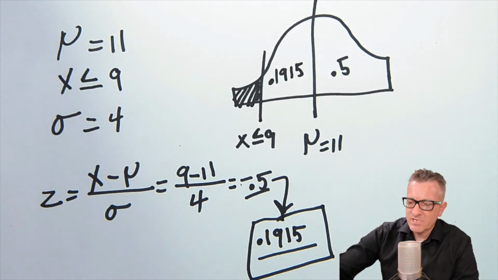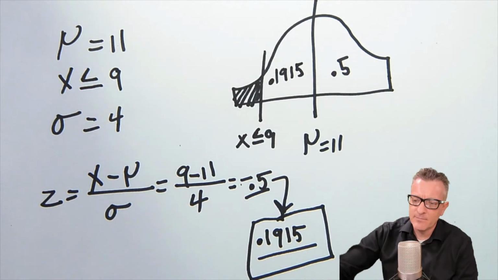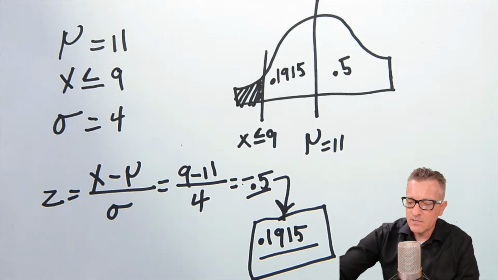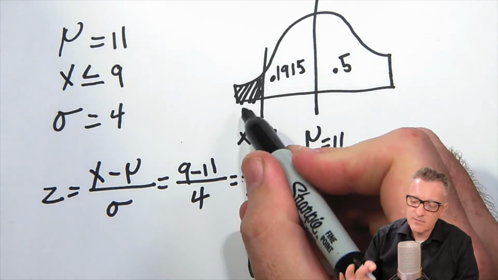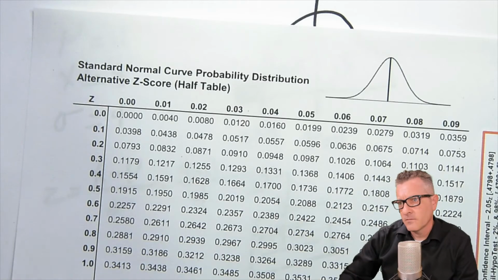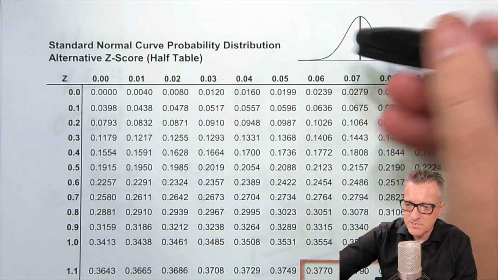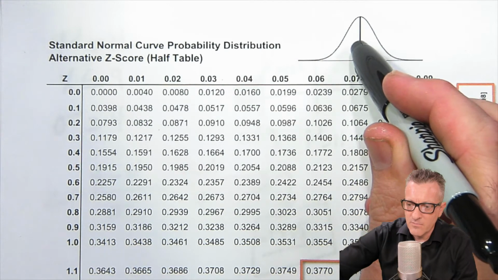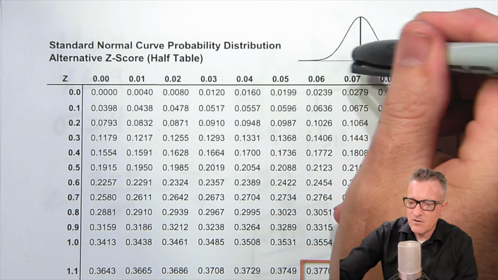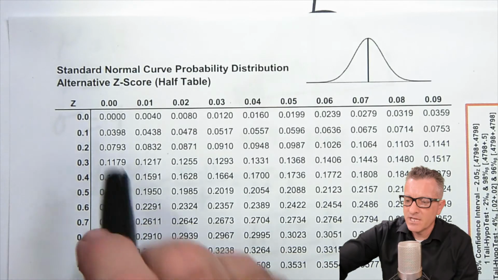So now we have pretty much everything that we want. The only issue is if we add up both of these sides, we have exactly what we don't want. So what we can do is to get this shaded part right here, because remember when we look at the z-table, it gives us everything that is close to the mean in the middle. It doesn't give us the tail values. It always starts in the middle and goes out, or at least this alternative z-score table, which is a half table.